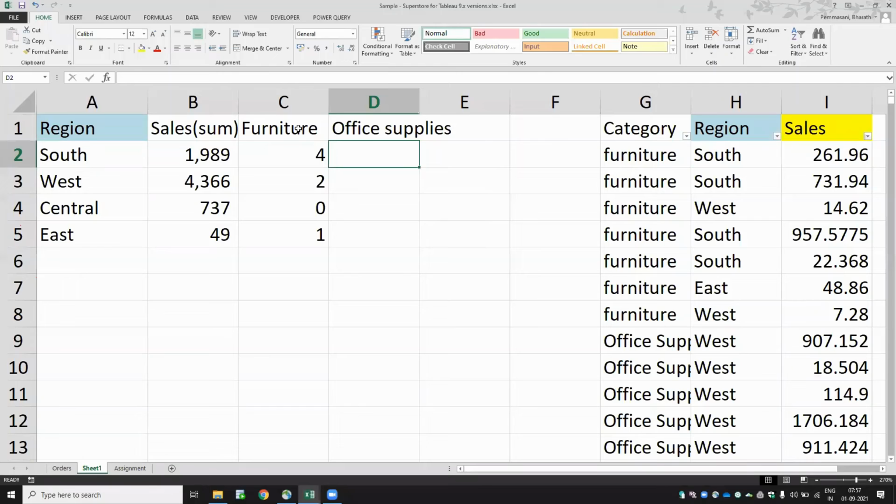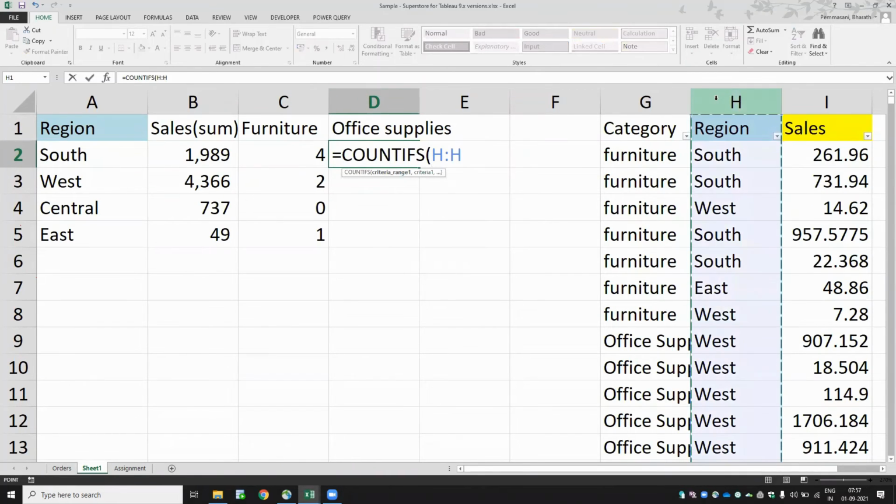Okay. Similarly for office supplies, we'll do equal to COUNTIFS. In this region, this is the total region. What is the value? We need south. In criteria range 2, what do we need?